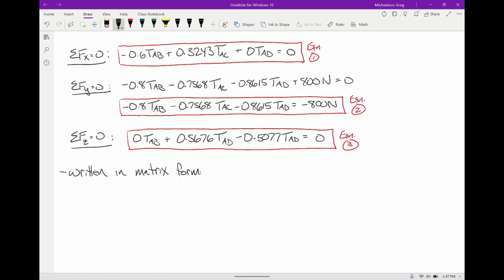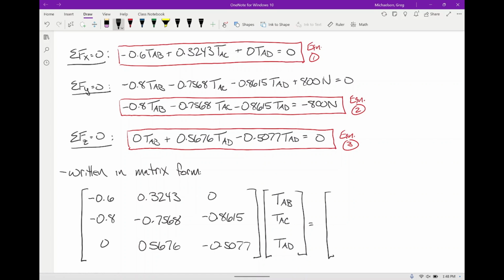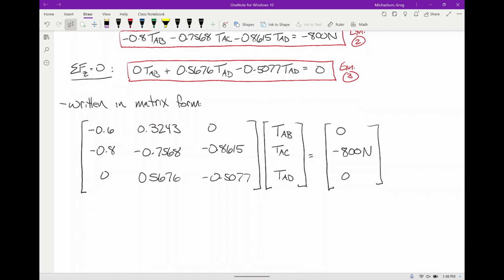So, what do we got? 7, 5, 6, 8. And then it's perfect for a solution in the Casio. When you input this in the Casio,